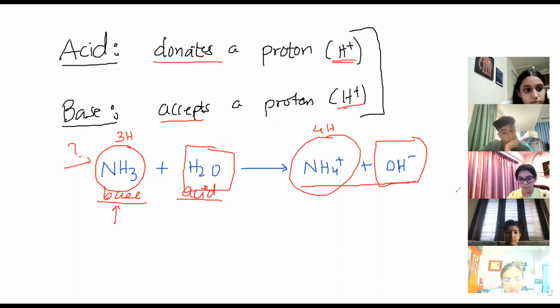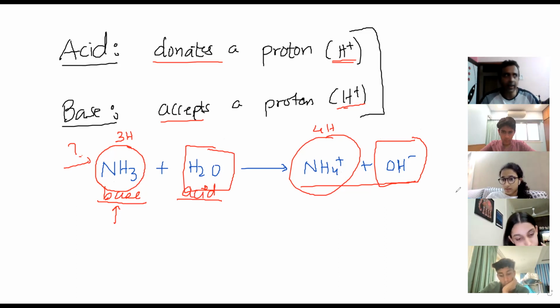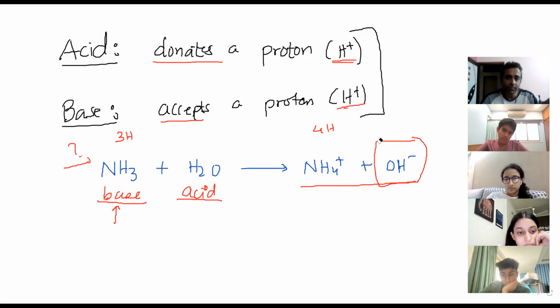So acid and base has nothing to do with the charges, right? It only depends on hydrogen? It has, but this is the simplest way that you can decide. Of course, charges are also involved. Like I can say that ammonia, does ammonia have a charge here? No. There is no charge here. And this guy has a charge here.